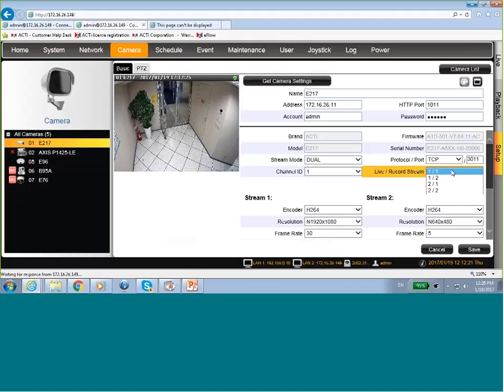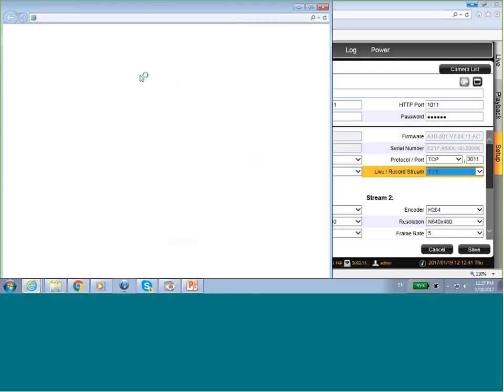But do not forget to get the camera settings before you can maintain or change any settings on the camera itself. Moreover, if you need further information to change on the camera, you will need to go to the web configurator and click on it, and it will open the camera itself with its own